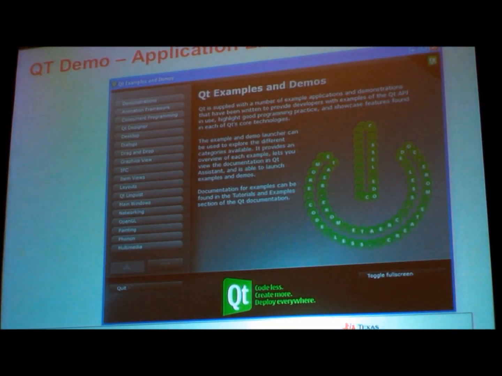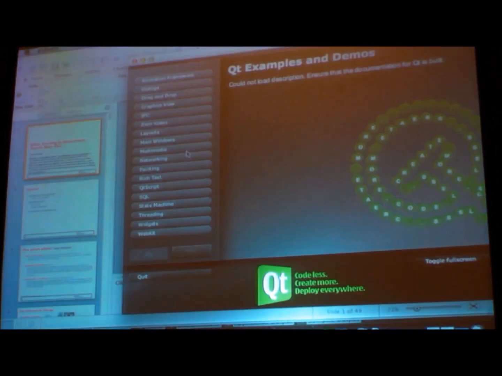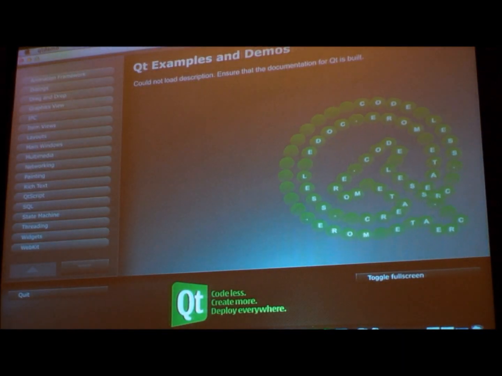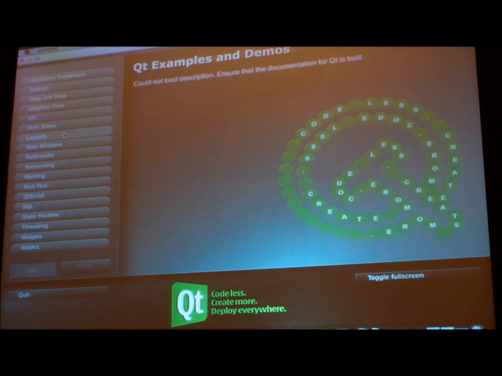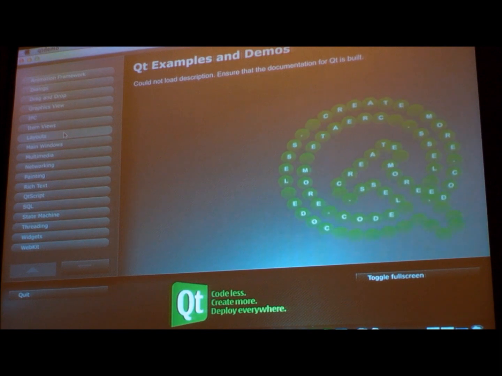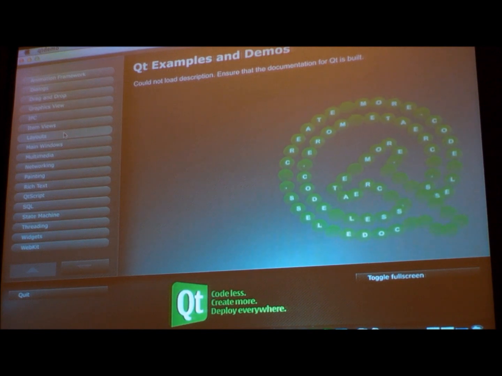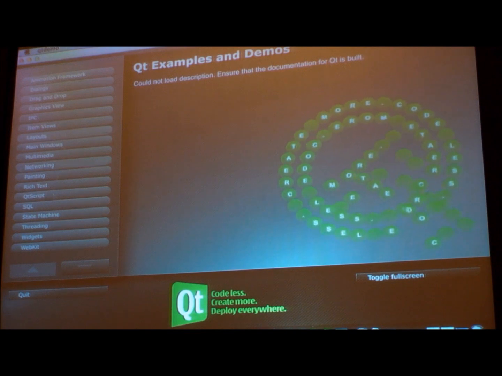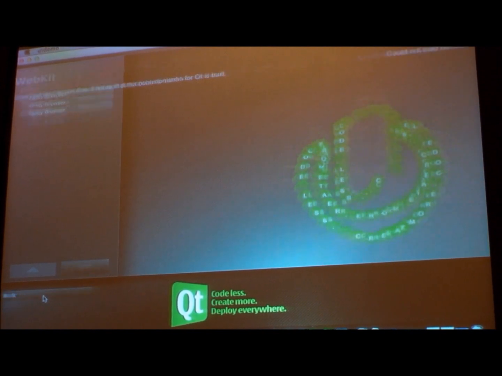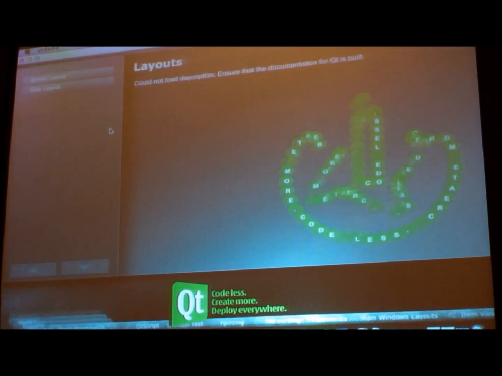So in addition to Qt Creator, this is the first GUI screen for that big collection of demos that are shipped with Qt. You can see I've built that here, and you can go through here and you'll have different animation frameworks, layouts. This is the greatest way to explore what some of the obvious capabilities are of the Qt library and get some really great examples on where to start. You see things here like WebKit and browsers that you can implement, different layout tools,